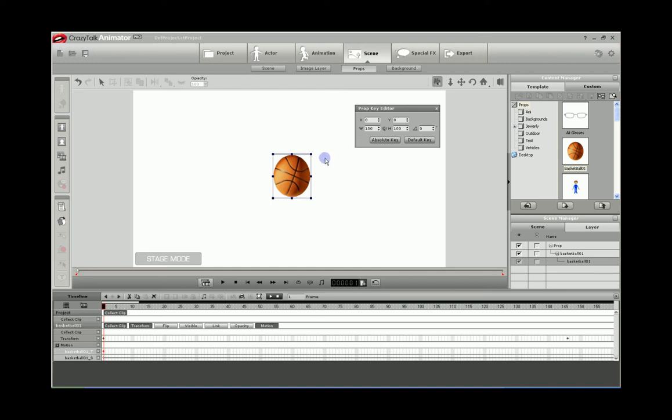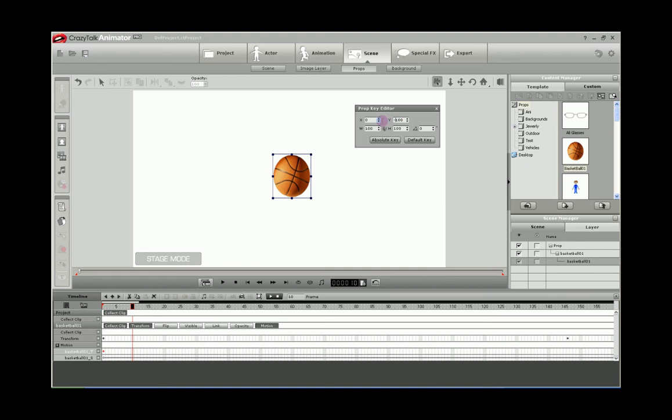Now what I want to do is get this ball to bounce up and down. We don't have to worry about forward motion if we're going to make a dribble, anything like that yet. What we just want is the basic motion. I'll show you how to get the movement later. So what I want to do here is move over to 10 frames. I'm going to make this go down